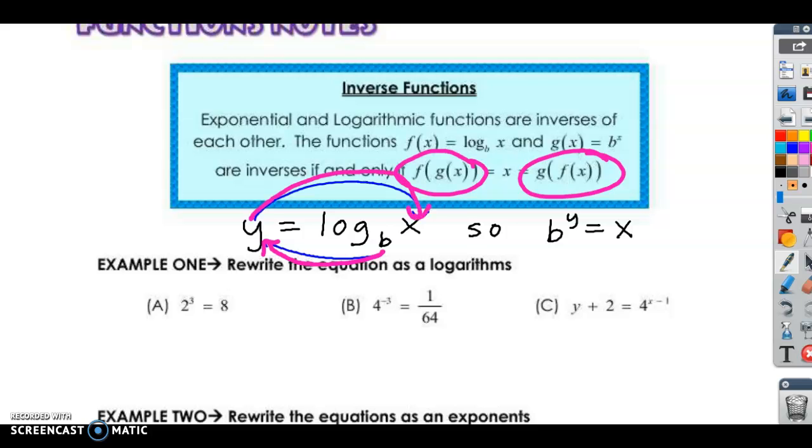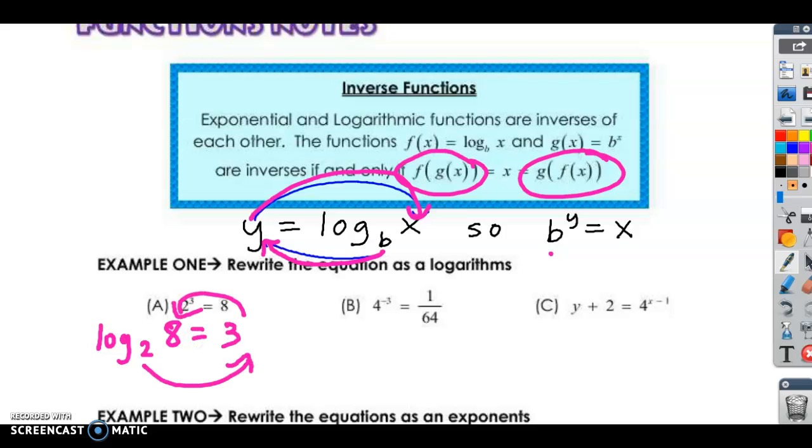So b to the y equals x, if it's in this form. So we're going to see if we can practice rewriting these. So the 2 is the base. So if I had to rewrite this as a log, it'd be log base 2, and then the y is what it equals. So log base 2 of 8 equals 3,